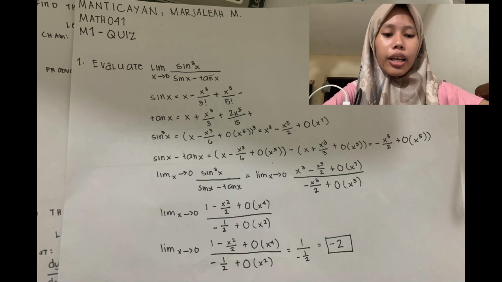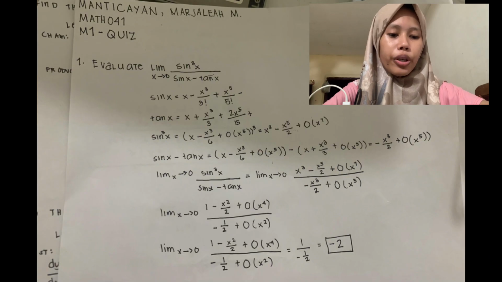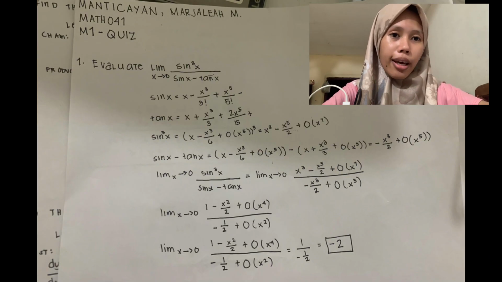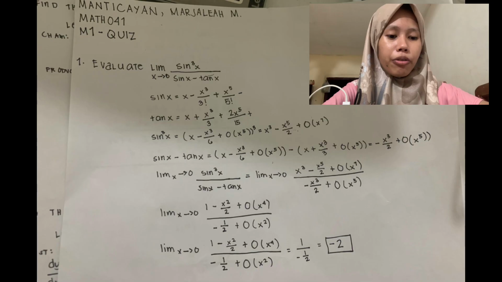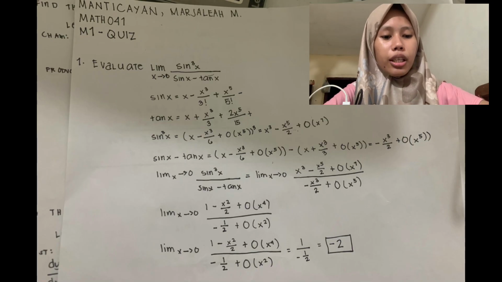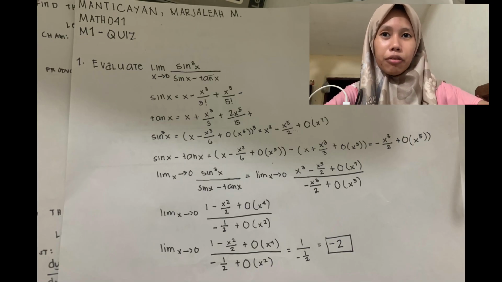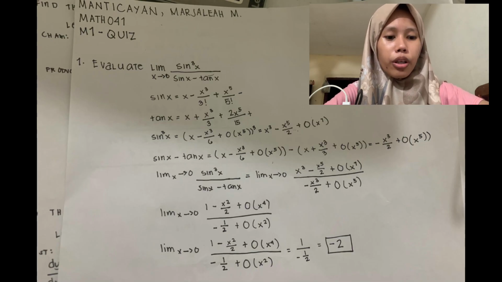Tan x is equal to x plus x cubed over 3 plus 2x to the power of 5 over 15. So, if we simplify this, we will have sine cubed x